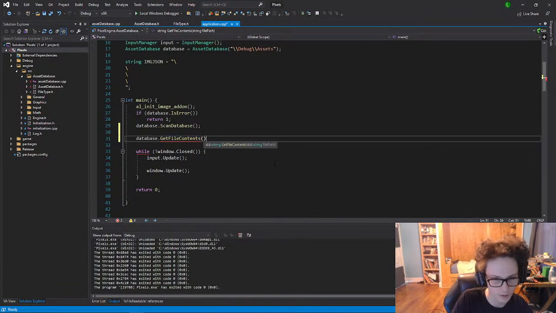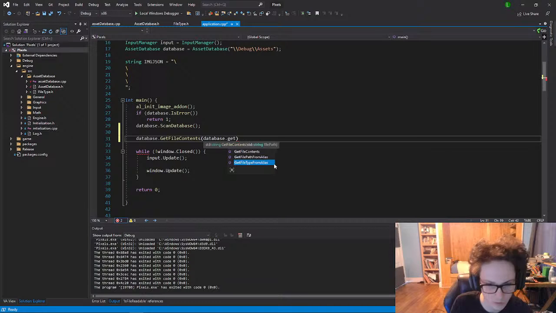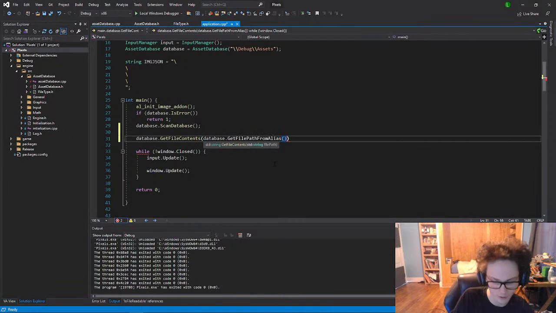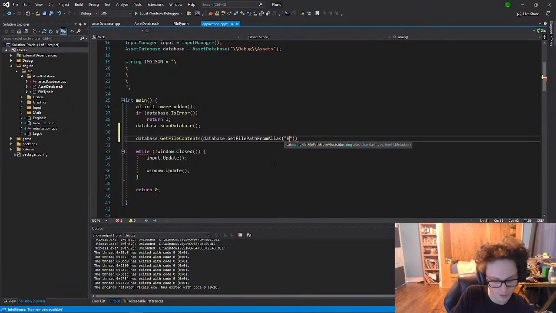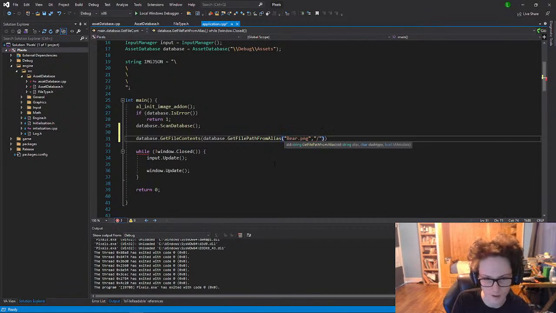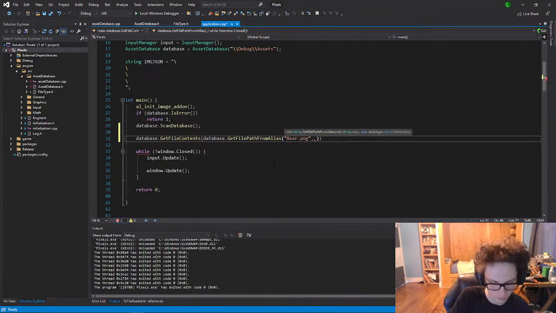Yep, and then database dot get file path from alias bear.png. Then I can just do is metadata,